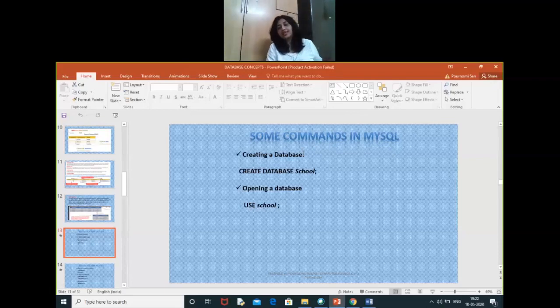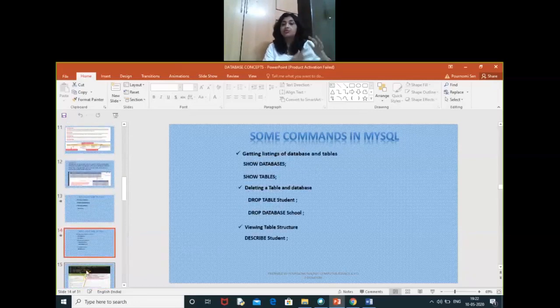Though we can use offline editors also, the online editor works the same as an offline editor, with only slight differences. First we'll learn how to create a database, then how to use it, and then how to drop the database. So let's start our code.